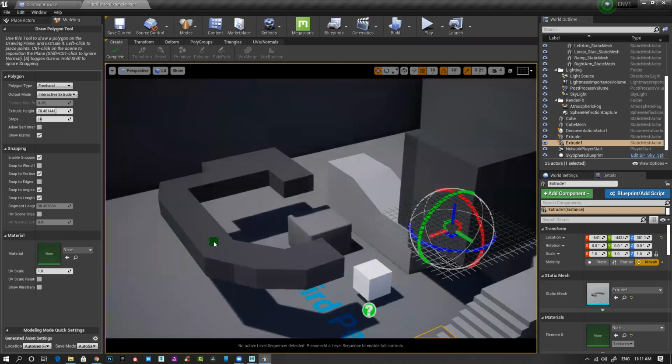But this is not highly efficient and it won't give you very good quality. These are primitive shapes and they're all unwrapped by default, perfect UV. But if you want to deform something, you can definitely do that.